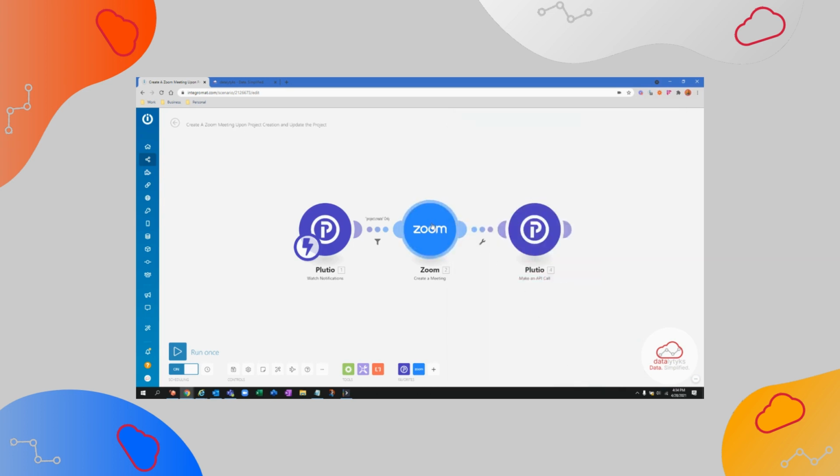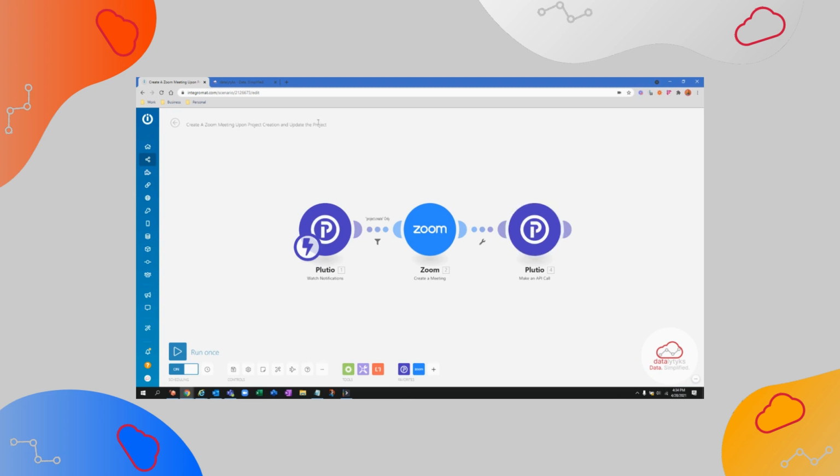Perfect. That's easy to create. Now all we do is this module. Now, if you've never used the API call module inside of Plutio, don't let it scare you. It's not that difficult. Most of this inside of this preview module is already set up for you. So the only thing you really need to do, aside from this actual walkthrough, if you use this module in